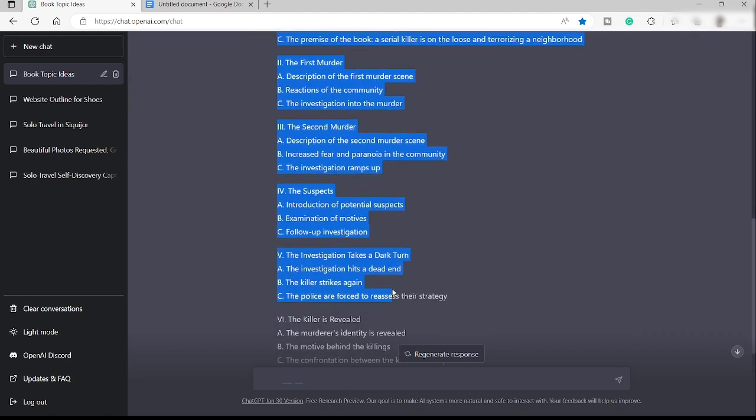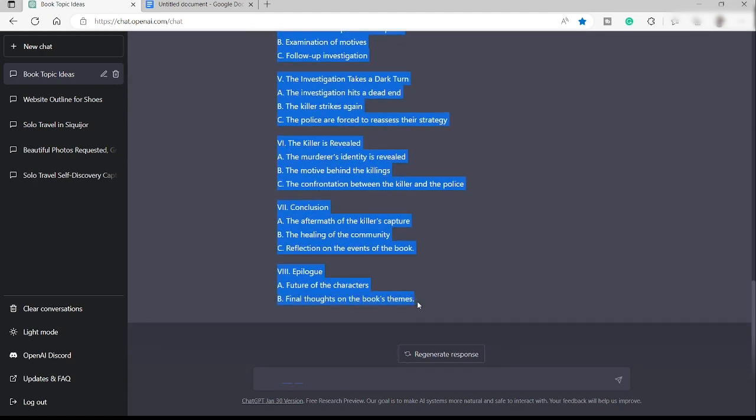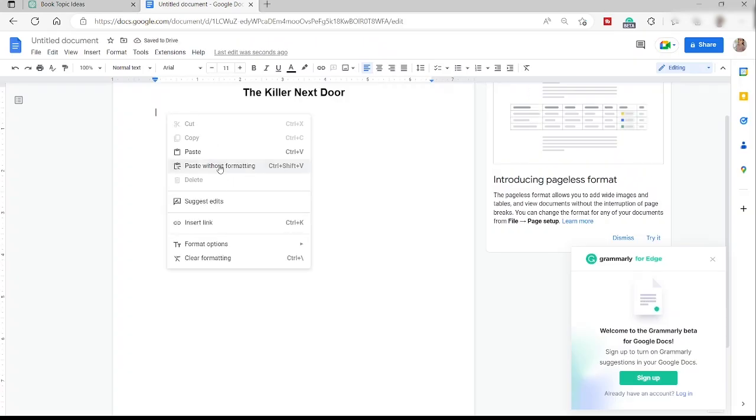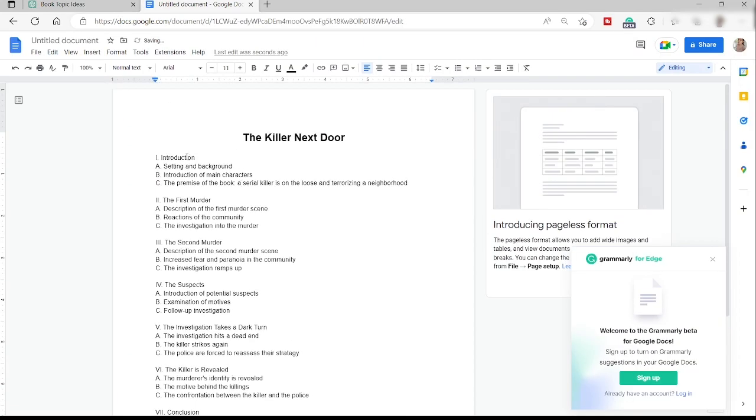So I will copy the outline here and then just paste it over here. So now we have the outline for the book. So here we have the introduction first, and then the first murder. I will just remove this one, and then I will make the first murder chapter 1. So I will just edit this one, chapter 1, and then I will also change the name here, chapter 2,